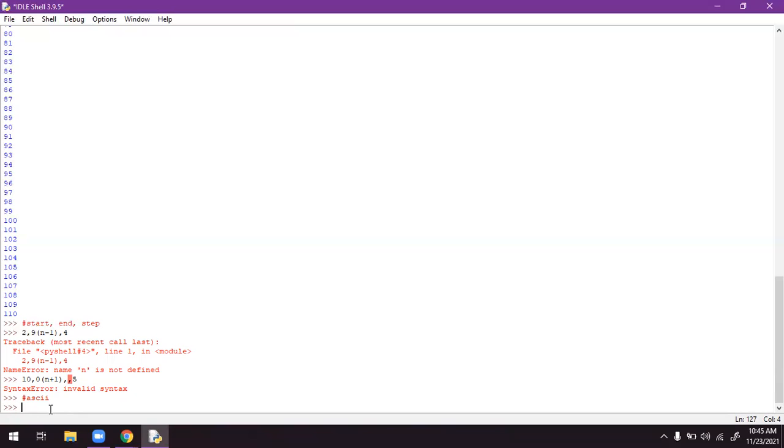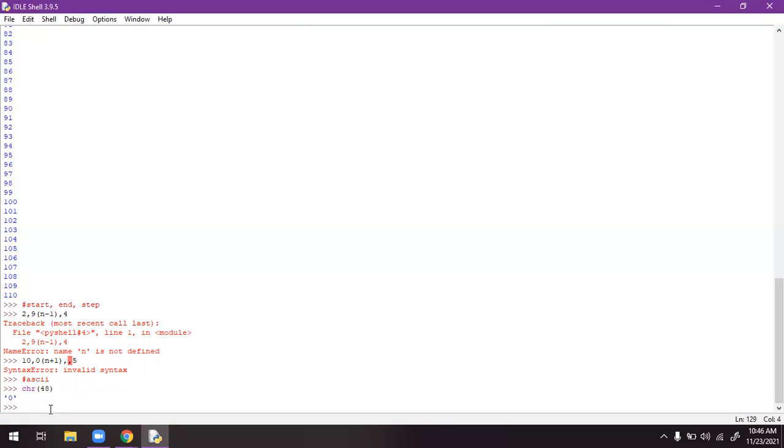Let me check the character value. You have to mention it in quotation. Take the character value of 48. If you press enter, you will get 0. Then the character value of 100.